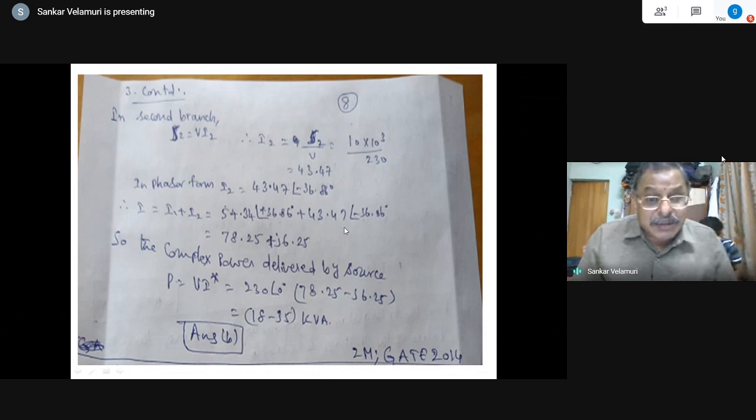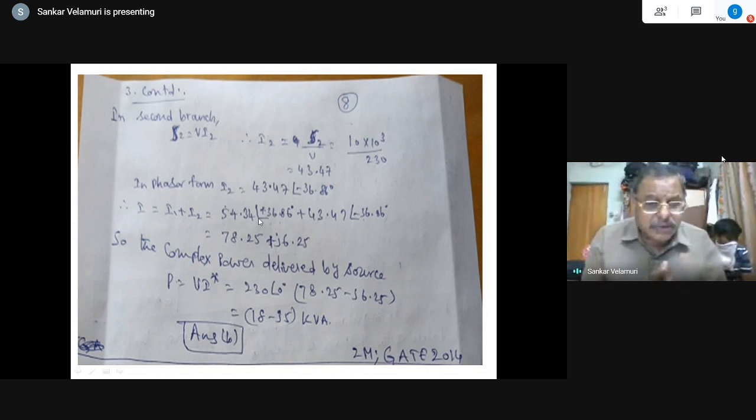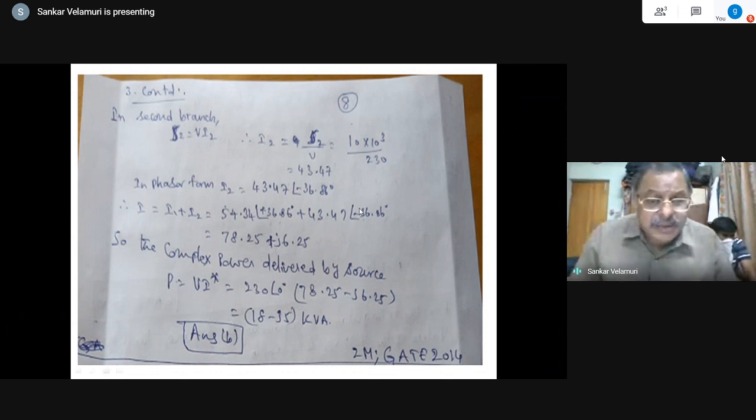So R at an angle theta is R1 at an angle theta 1 plus R2 at an angle theta 2, and because it is a leading power factor, with respect to voltage the current leads in the first branch, and the current lags the applied voltage in the second, so plus 36.86 is for the second one. So this is not simply the arithmetic sum of the two magnitudes. R1 plus R2 at an angle theta 1 plus theta 2 is wrong. So it is complex addition. Real terms should be combined together, and imaginary terms should be combined together. So therefore we can get these things carefully.